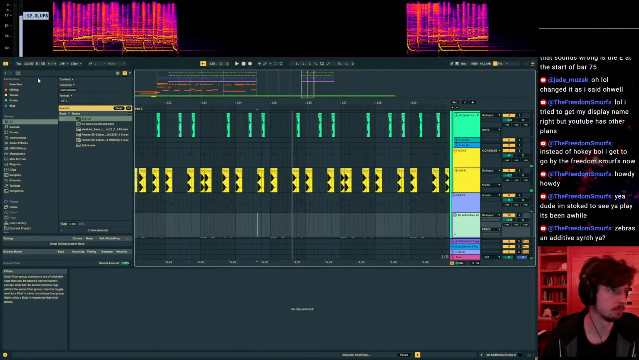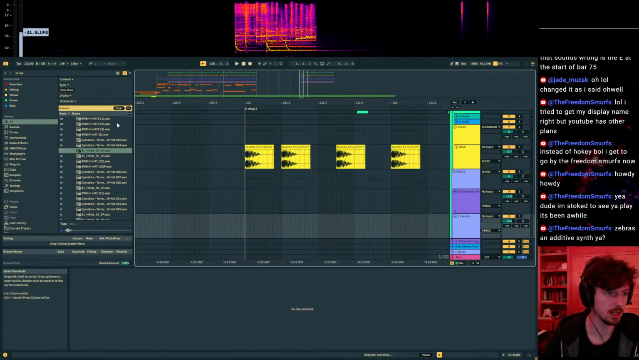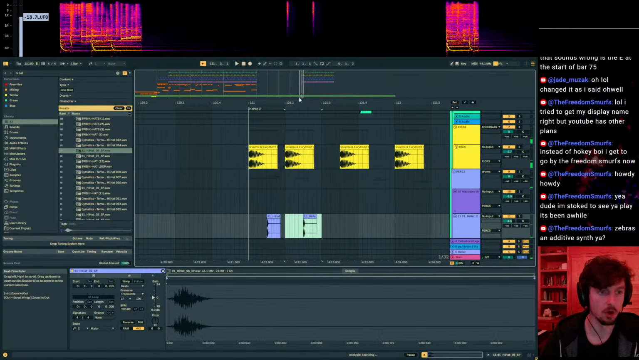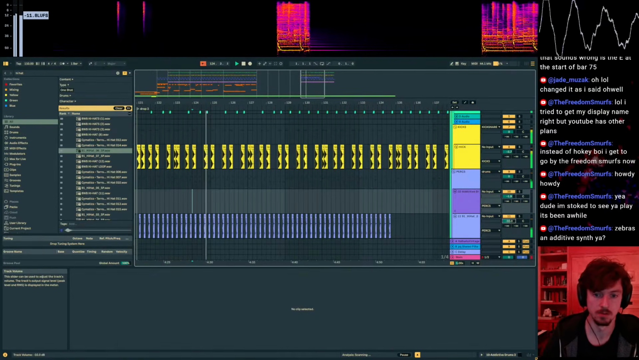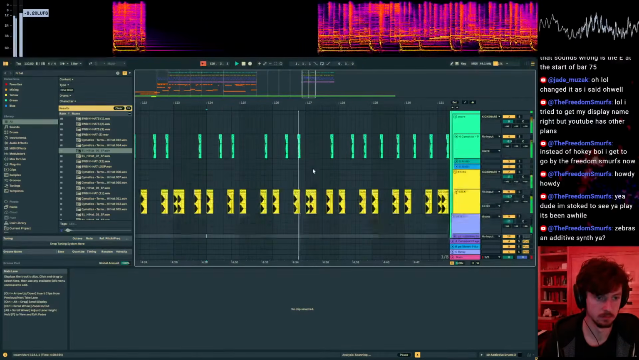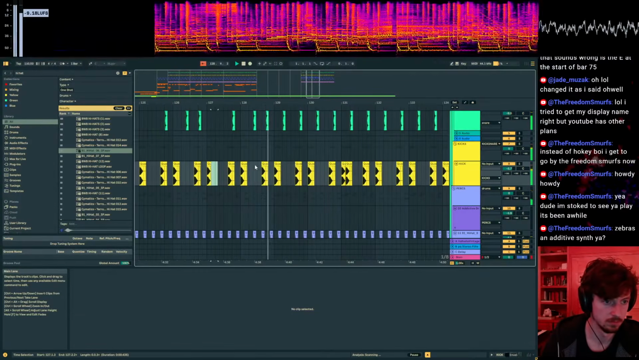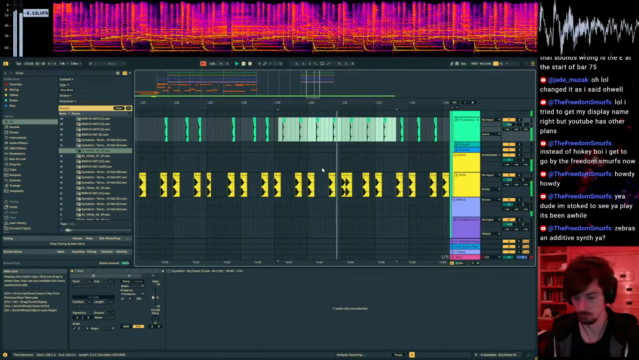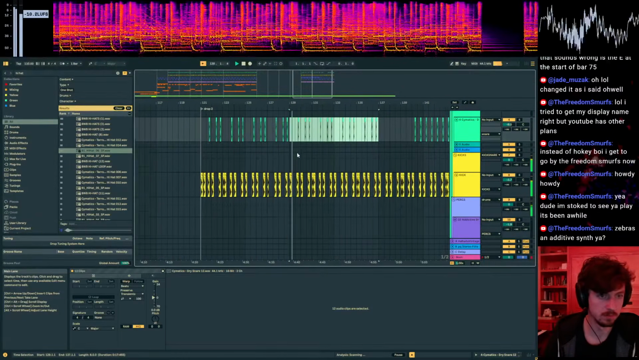There's also a constant offbeat hi-hat that's cut really short. And it's just going the whole time. It's been going for a while, frankly, but so